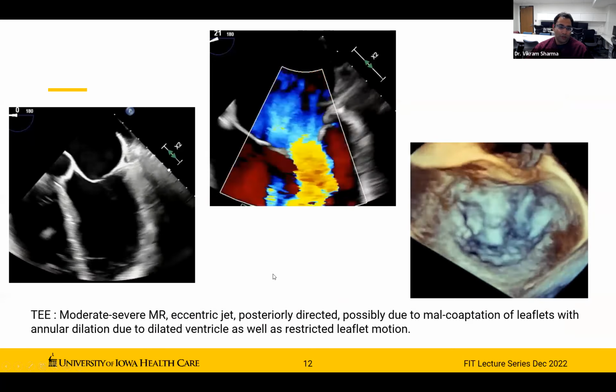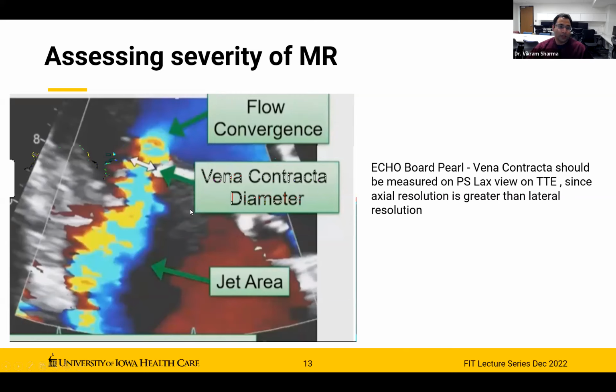So the next question that comes to us is, what is the severity of this mitral regurgitation and how do we assess it? Just going over some of the basics. One of the parameters for valve regurgitation severity is the vena contracta. What we see is that as the left ventricle squeezes the blood back into the atrium, there's a zone of flow acceleration or convergence towards the mitral valve orifice. And this eventually leads to a very narrowed portion or the neck of the regurgitant jet, which is the narrowest portion. It's also called the vena contracta. And then the jet spreads out, and this jet area can also be used to estimate the severity of mitral regurgitation. So if the jet area occupies more than 50% of the left atrial area, then that is classified as